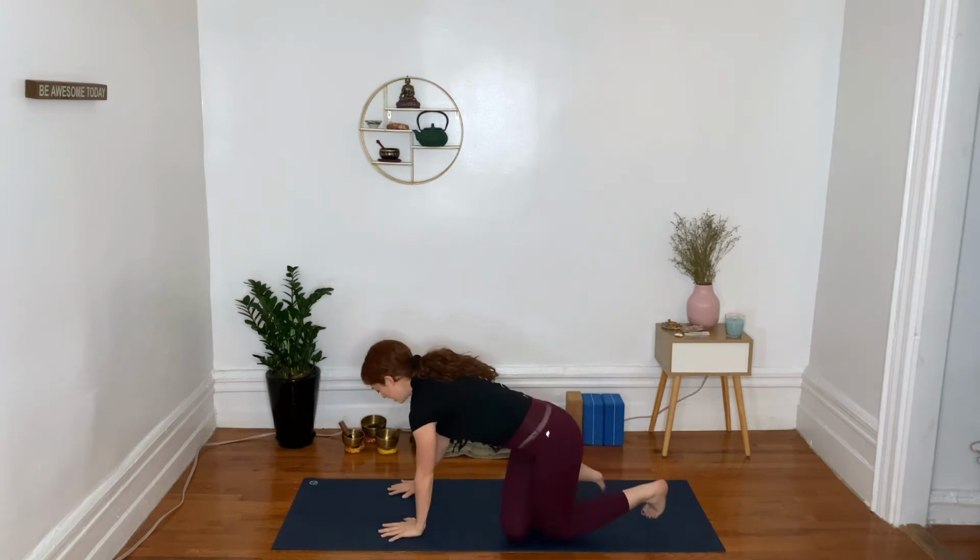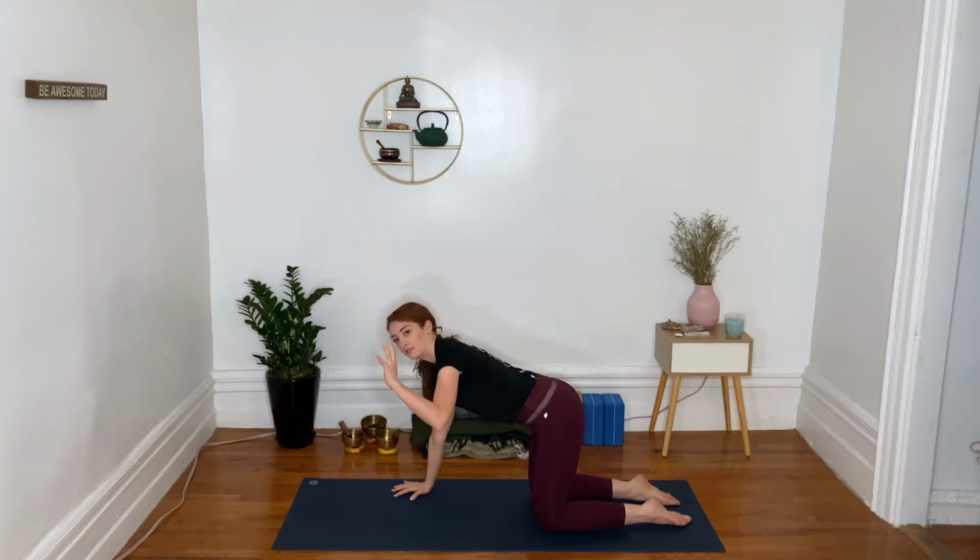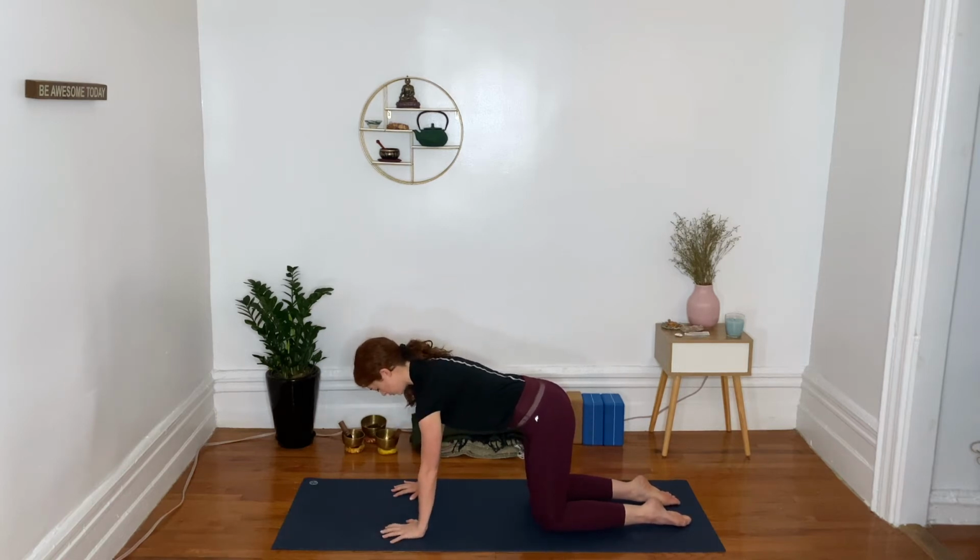If your wrists start to get really sensitive, you can even come up into fists. And we'll just switch hands, right fingertips pointing down, pulling them back gently with the left hand. Breathing into any sensations. And you can let that go, maybe give a little last shake, and we'll meet in the tabletop position. Hands underneath the shoulders, knees underneath the hips. Tops of the feet really pressing into the earth, really using the spread of the fingertips. My hands kind of cupped like this to really press the earth away, activating the shoulders, activating the abs,